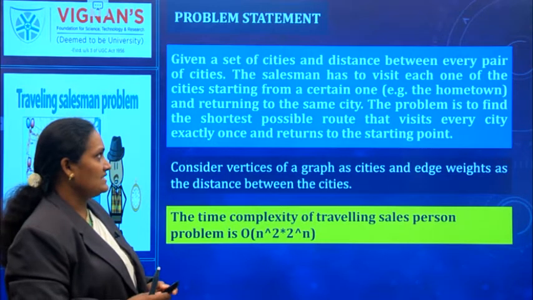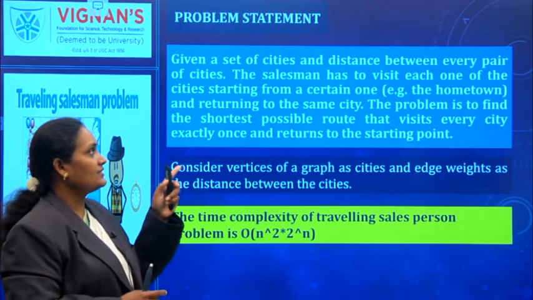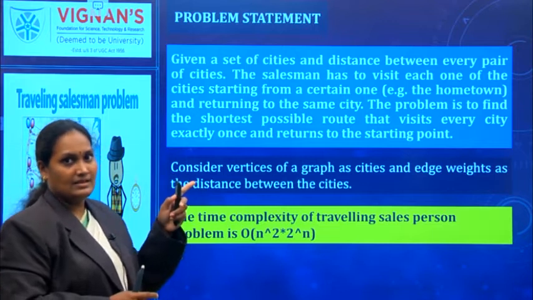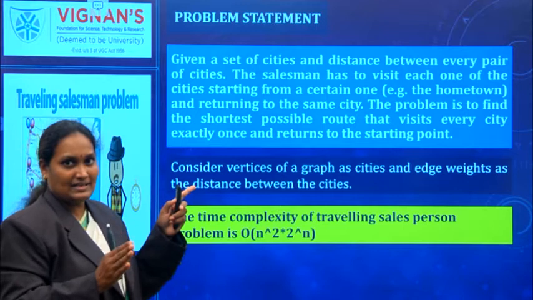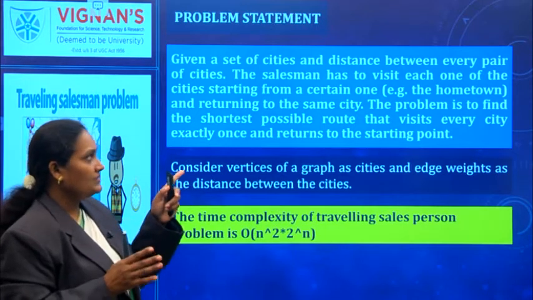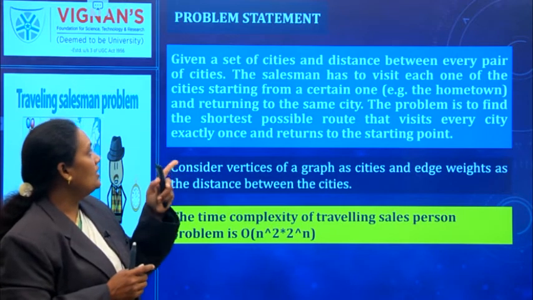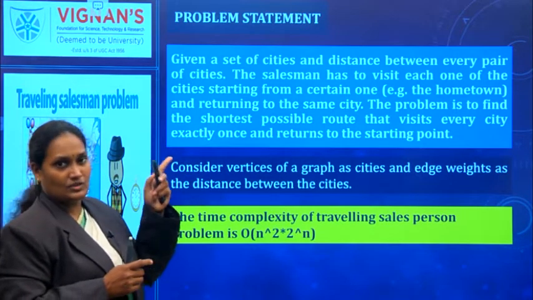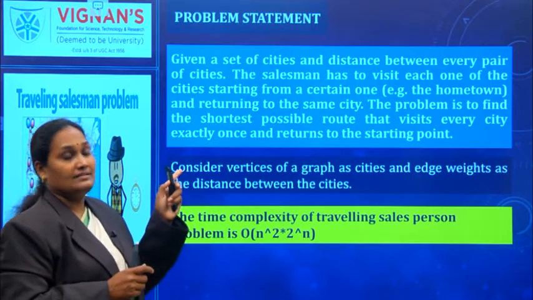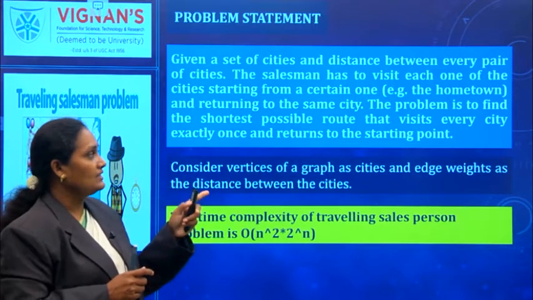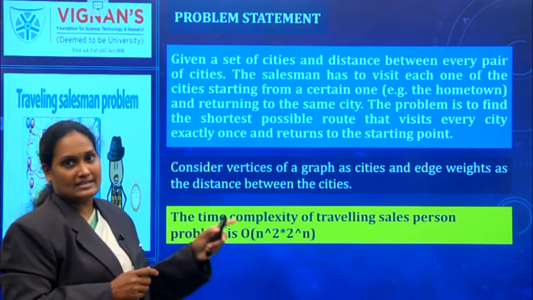The salesperson has to visit each one of the cities starting from a certain one, which we consider as his hometown. He has to start from his hometown, visit all the cities, and return to his hometown. The problem is to find the shortest possible route that visits every city exactly once and returns to the